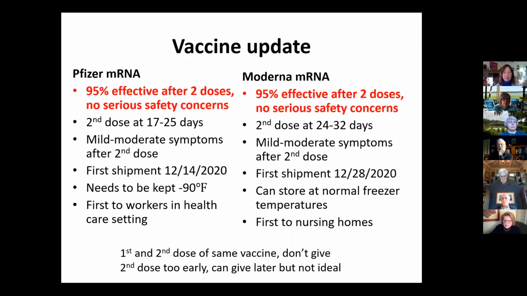The two vaccines are really very similar, Pfizer and Moderna vaccines. They both use that same platform with messenger RNA. Again, you can't get COVID-19 from the vaccine because it doesn't have the virus in it. It has just the gene for this one protein. They're both 95% effective after 2 doses. There have been no serious safety concerns, not only in the phase 3 study, but even today where almost 30 million people in the United States have received the vaccine.